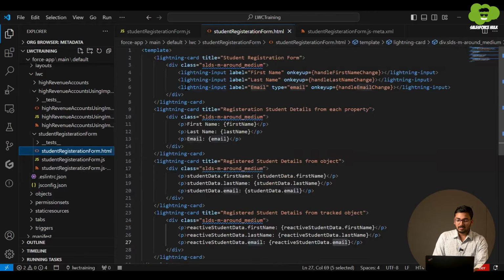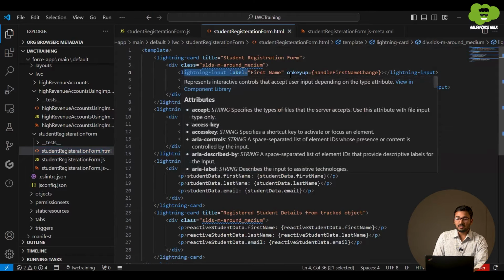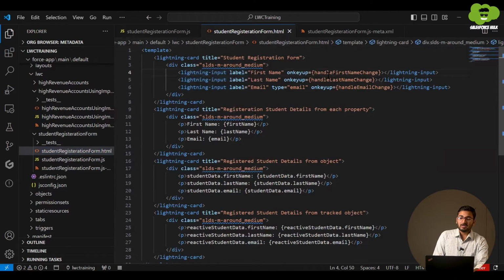Let me tell you a few more things. In this lightning input, whenever someone types, this method will get called. Why? Because we have mentioned an event, which is onkeyup. What is the meaning of onkeyup?